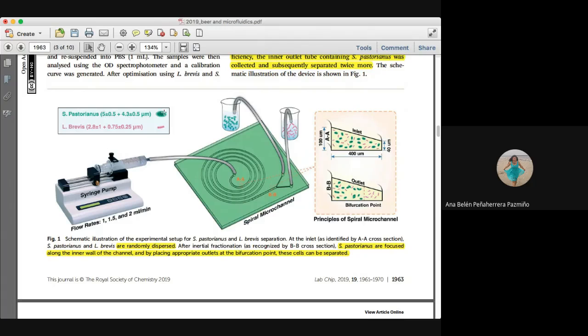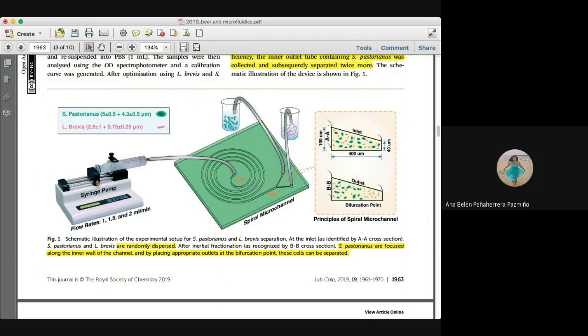As you can appreciate here, the yeast is represented in this scheme in green, and the Lactobacillus brevis is represented in pink. Okay, so they use this syringe pump, and then if we see the channel, the transversal section,